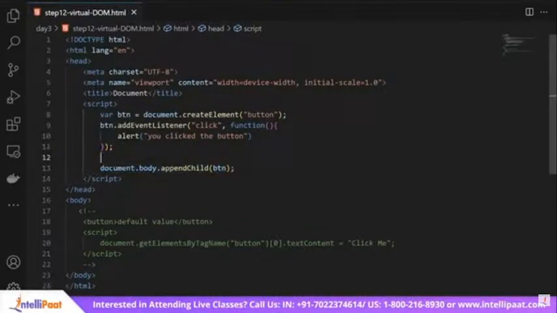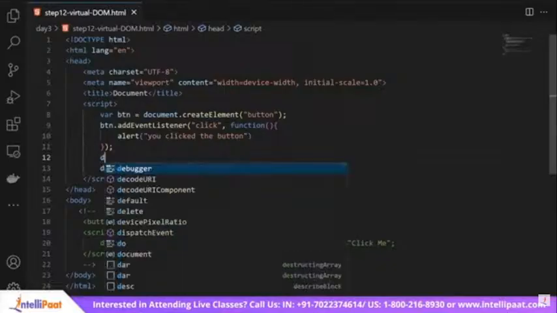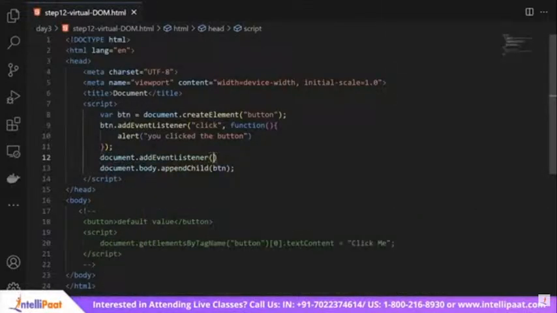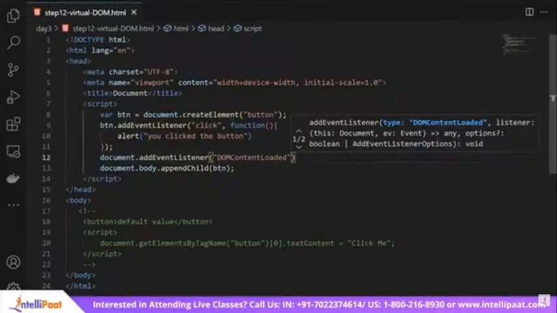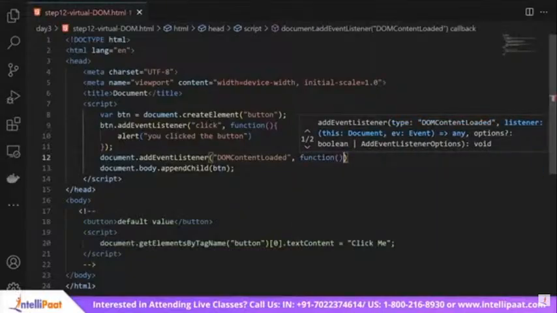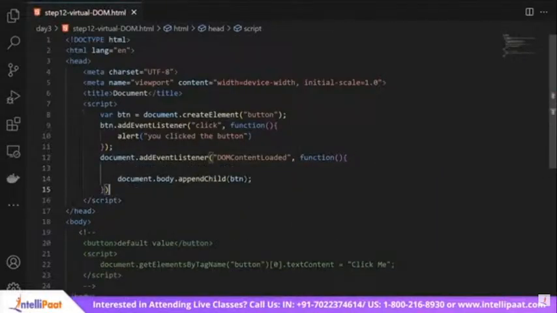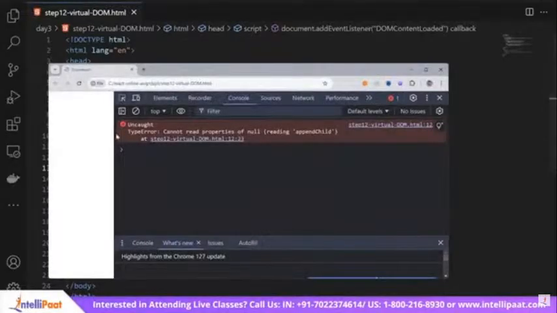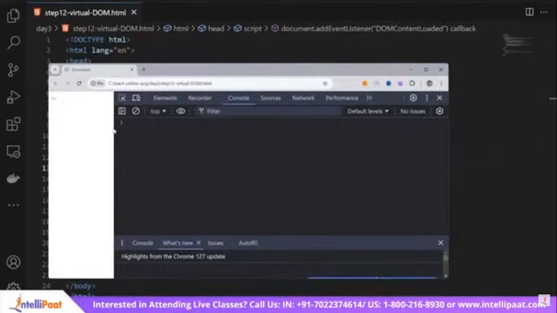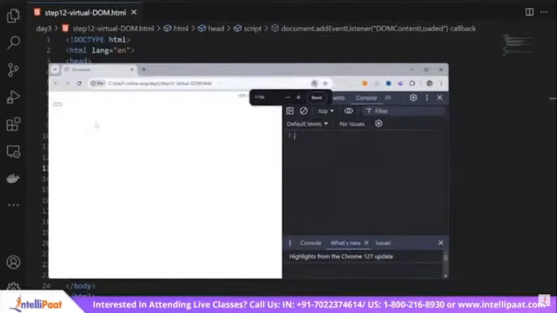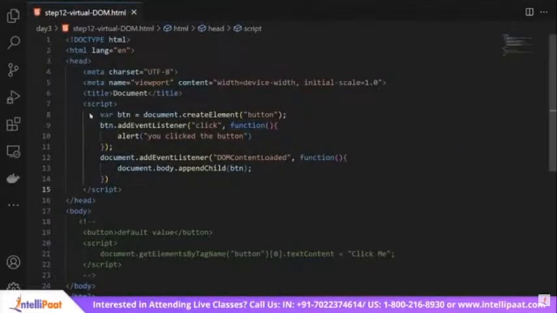Now we'll have to delay the execution of this line, isn't it? So how do we do that? We will wrap this into a document dot add event listener, listen to the DOM content loaded, and then we'll call a function, and inside this function we will add this. So if I run this example, this will now put a puny button. You see there's a puny button here, this one. There is no value in the button. So you see that this button exists. So if I click on it, it does give me the output. So this virtual element